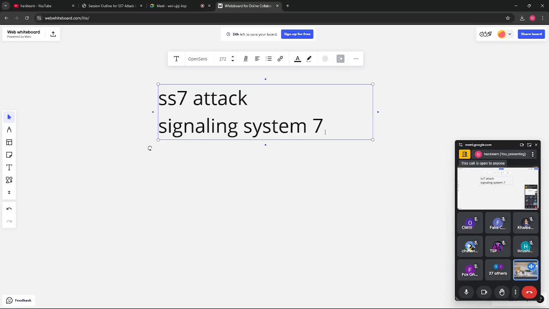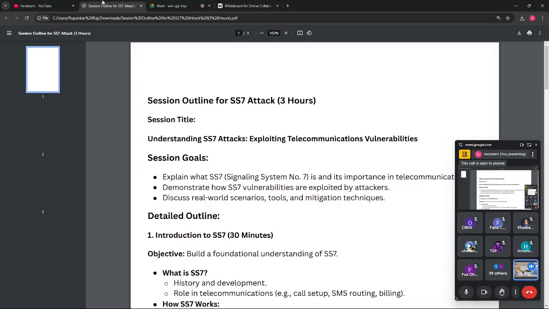We are here to discuss the architecture and all. We will be learning what steps we can take, how we can track the location, how hackers used to intercept calls, and how anyone can track a location foot by foot over Google Maps. Every detail we will be discussing today. I will be using a few tools for that. I will also be referring a few more tools, because demonstrating each and every tool is not possible here. And here is the session outline.